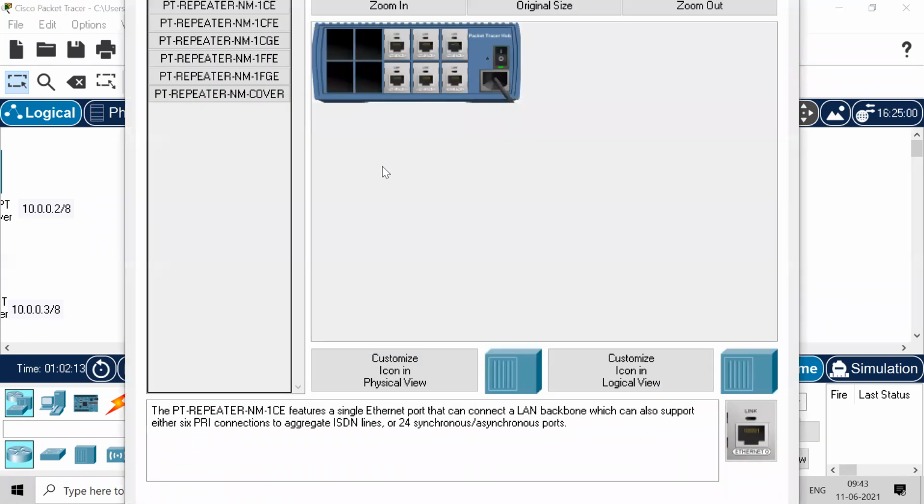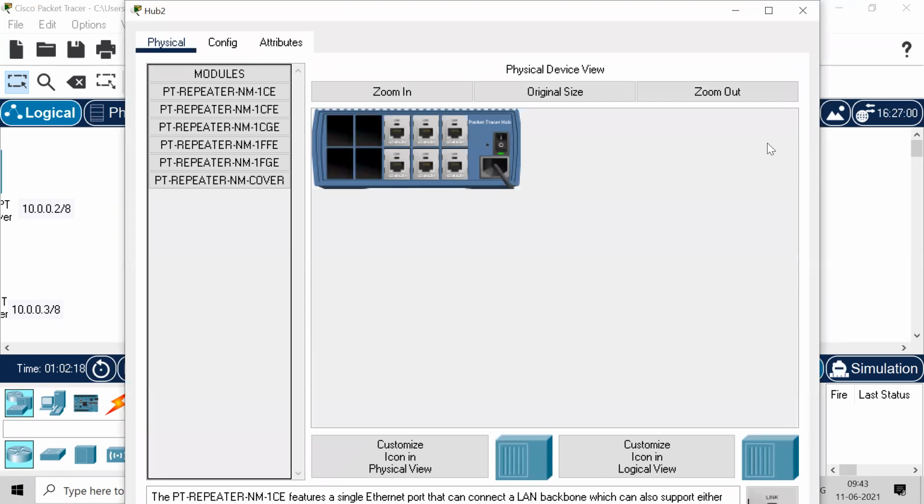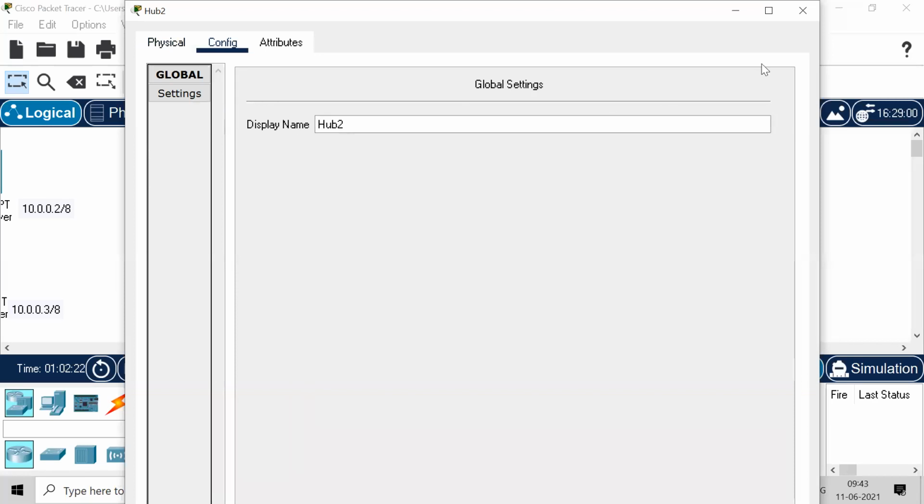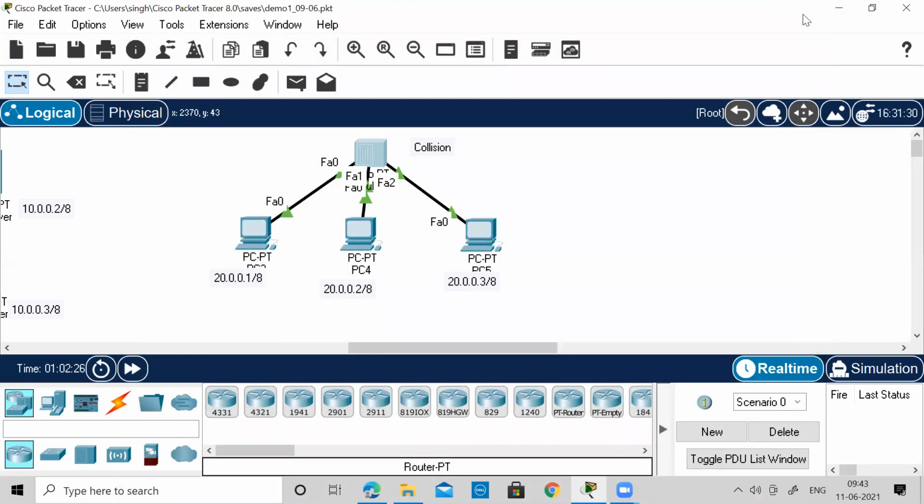A hub is half duplex communication. That means it cannot send and receive simultaneously. It will send, it has to wait for the channel to get free, and then accordingly it can receive. So it's half duplex.